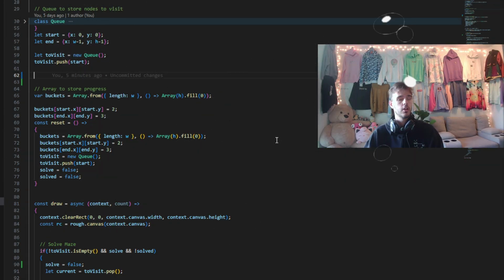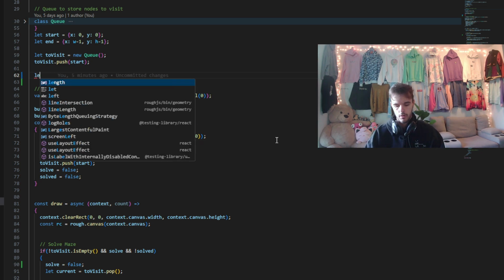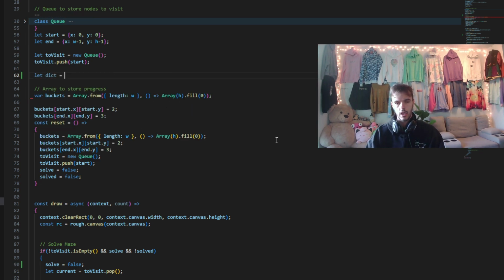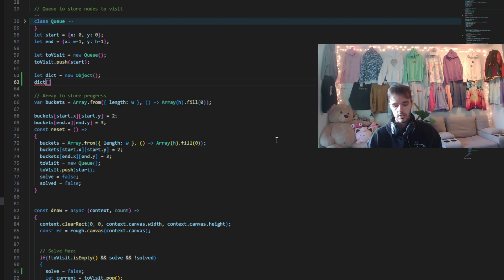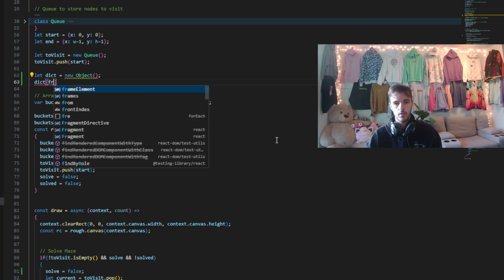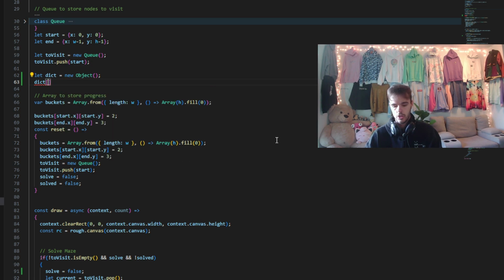So the first thing we need to do to present our maze solution is to create an object to store our dictionary of to and from, as we just showed on the whiteboard. And we can do that by creating a new object. And then we can access this object like this. So we can say dictionary dot from, or dictionary dot to